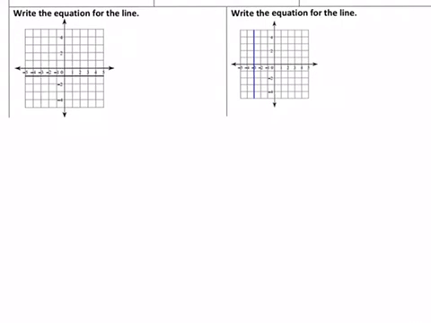Now we're going to do a couple examples of our horizontal and vertical lines that we've covered in class before. Now the first one's a little hard to see the line, so I'm going to go over it with you guys, but the line that we're going to use is this horizontal line that I'm putting in purple. All right, now just as a reminder, we've learned acronyms called HOY and VUX, which we are going